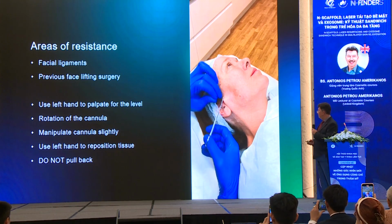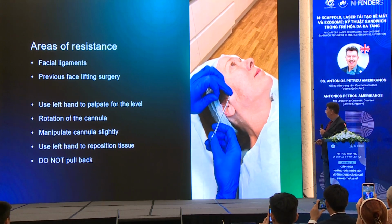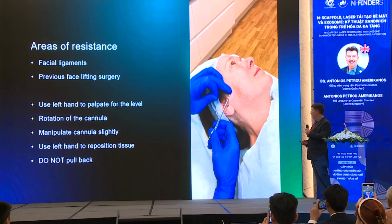And again, make sure you're pushing back a bit so that you don't leave the end of the thread coming